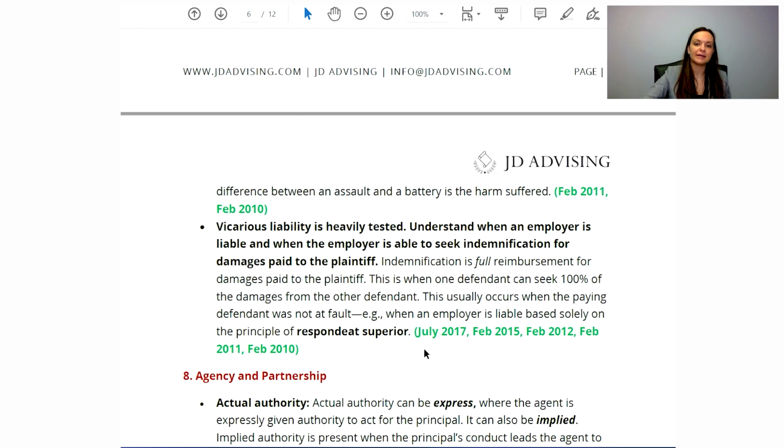Now, turning to vicarious liability, this is rather heavily tested. It's not uncommon for torts and agency to be tested together, which brings us to this vicarious liability point. Vicarious liability is a great way for a principal or an employer to become liable for the actions of their agent or their employee. This is especially true if some sort of tort occurs during the course of employment. So again, make sure you are familiar with these basic agency principles. Something else to remember is that the principal or employer can always be liable for their own direct negligence. This is like negligence in the hiring, in the firing, or in the supervision process of their agent or employee.